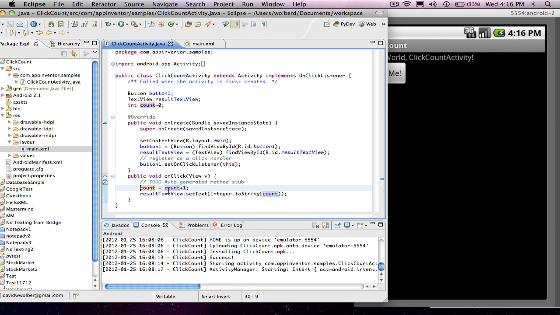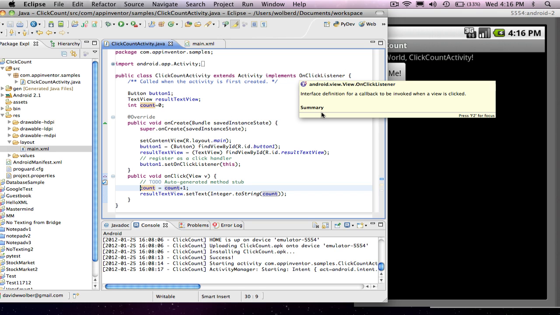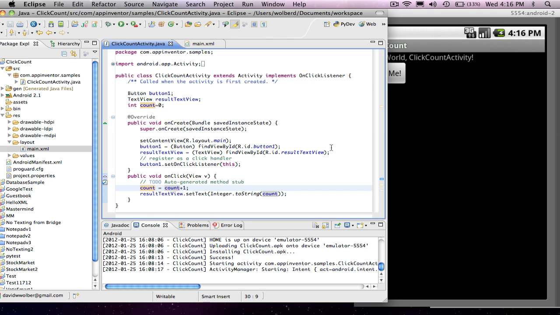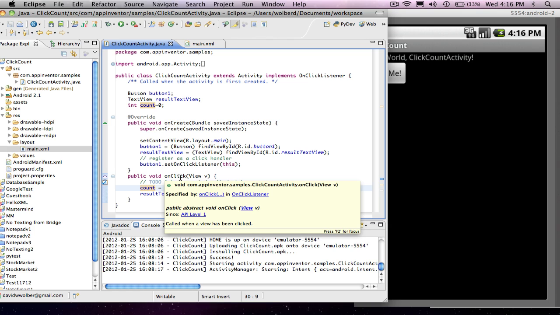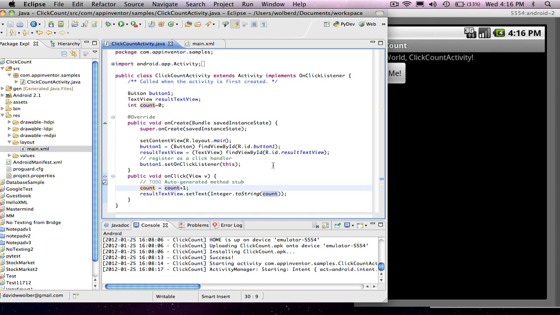Okay, so to handle events, you implement a listener. In this case, it's a click listener, but it might be an SMS listener or something more complex. And then you define the method to handle the event. There's one last bookkeeping thing you must do, and you must register this class, ClickCountActivity,